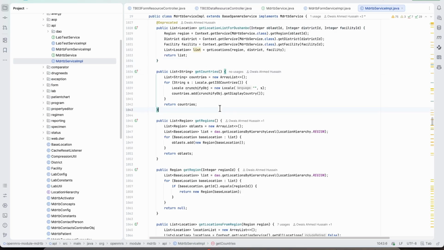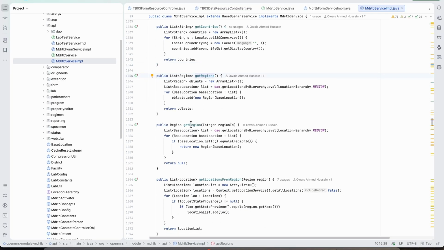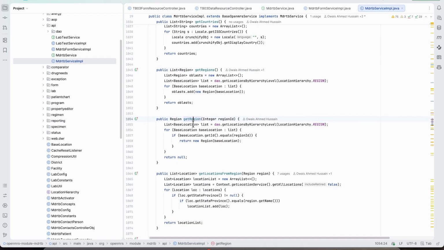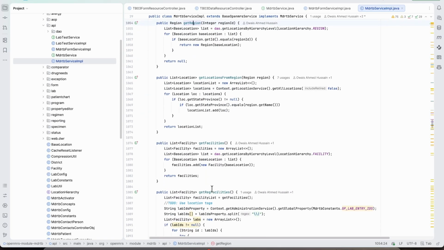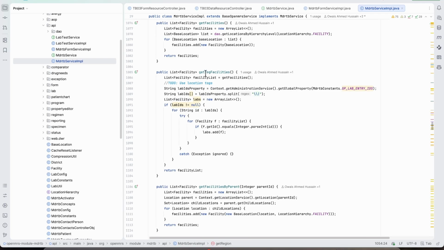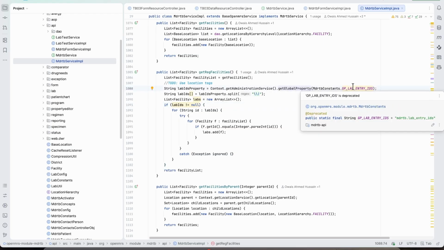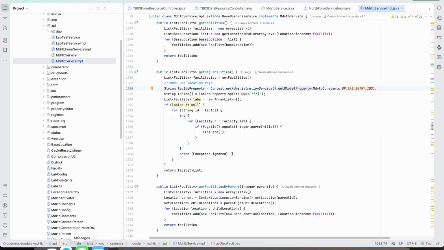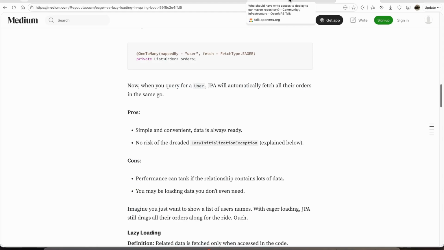Then list of countries, not used really, we only have one. Get regions, a list of all regions, then one particular region, and these are all helper functions. Now there is another, get registered facilities. What it does, this will be refactored in the current wave. What it does is it fetches this global property GP lab entry IDs. Now GP lab entry IDs is, let me show you, a hard coded